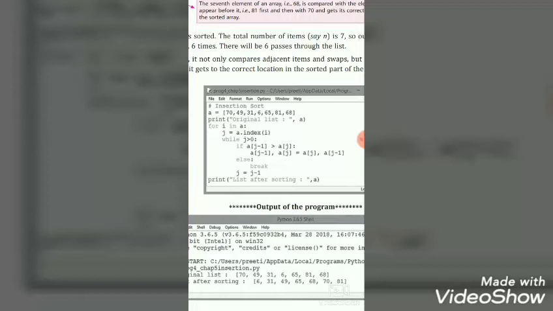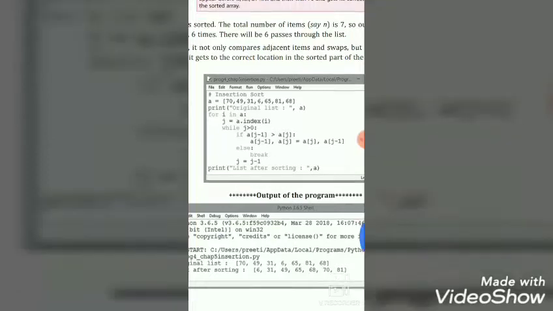If A[j-1] is greater than A[j], then A[j-1] and A[j] are swapped, else it breaks, and j equals j minus 1. Then we print the list after sorting, so we get the sorted list. Here the output is given.